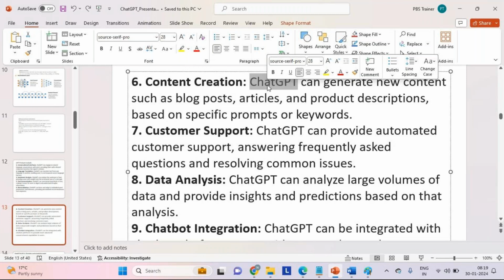What we need to care about is how well we can supply the right prompts as input to these AI tools, so that you will get closer to 100% accuracy. Remember, we should try to supply a specific question to ChatGPT or any other AI tool, so that you'll get a specific response. If you ask a generic question, you'll get a general response which may not give us the fruits out of whatever is required. So we need to go with answering a specific question when you get into any AI.